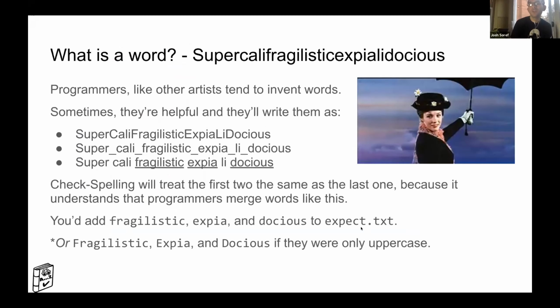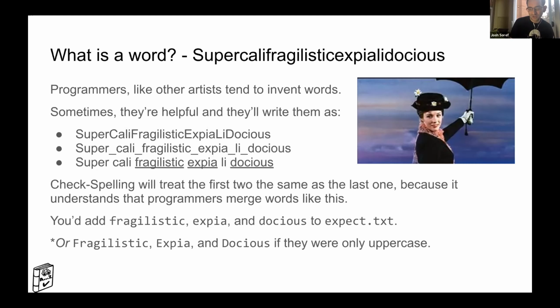What's a word? I don't actually know too much about Keptn. I grew up in the United States, and there was a movie long before my time called Mary Poppins, and actually there was a recent sequel of sorts to Mary Poppins, so it might be in the current zeitgeist. But there was this word, supercalifragilisticexpialidocious, and a song to go with it.